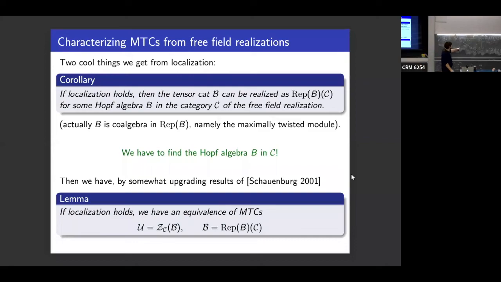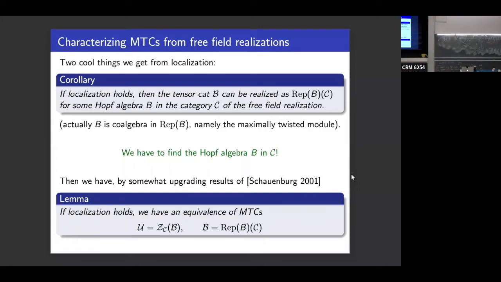It seems like this is just a technical point, because otherwise you can't define the center. But with the analogy from the orbifolds, I want to say it's not just a technical point. If you don't have localization, the category can be much more complicated. We have examples in Z2 orbifolds that do not look like this. But if you have this localization, then it looks like this.